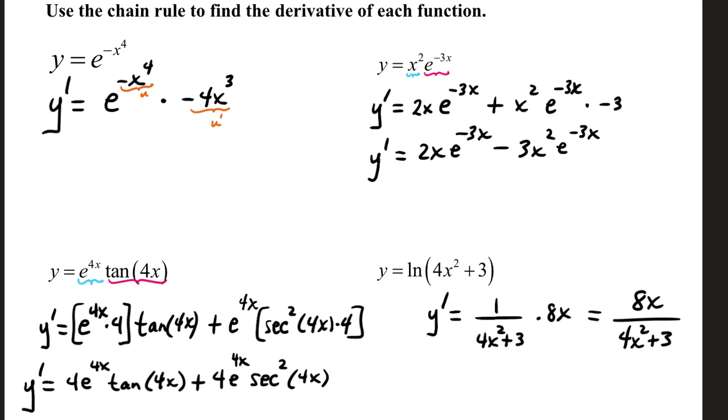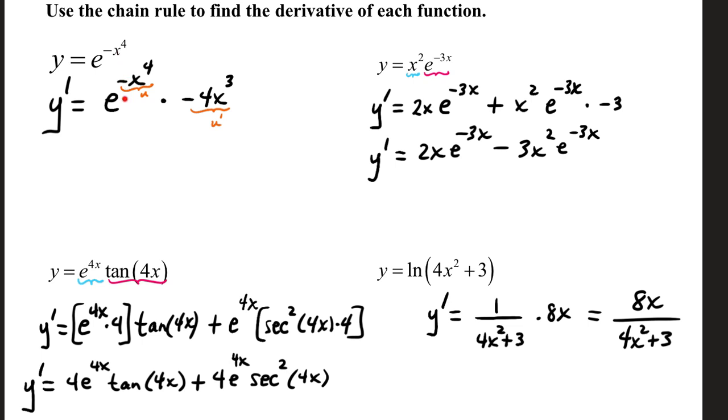Let's switch to a couple of functions that involve e. That's probably the most friendly function as far as taking derivatives. The derivative of e to the x is still e to the x. Where chain rule comes in is if your exponent doesn't have just a single letter. For example, when we have the function y equals e to the negative x to the fourth,